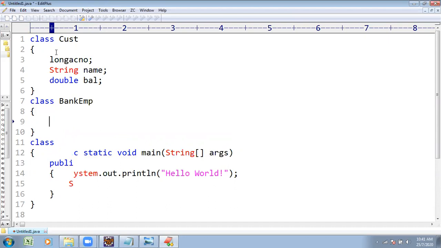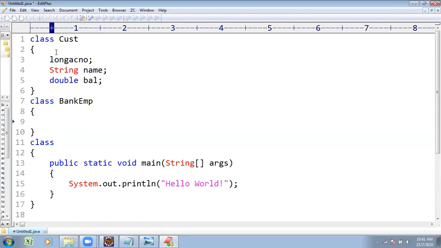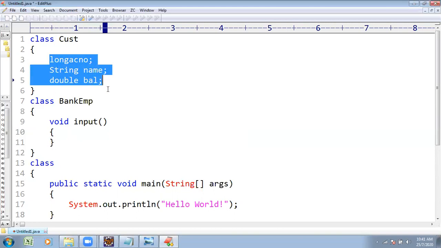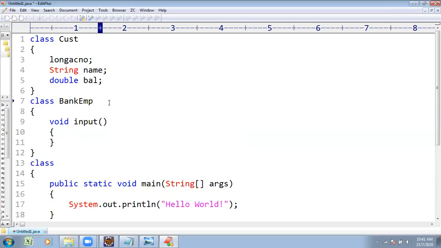Under this subclass, they plan to give some input: void input method. The declarations are done above. I want to utilize the customer properties, so BankEmployee extends Customer.